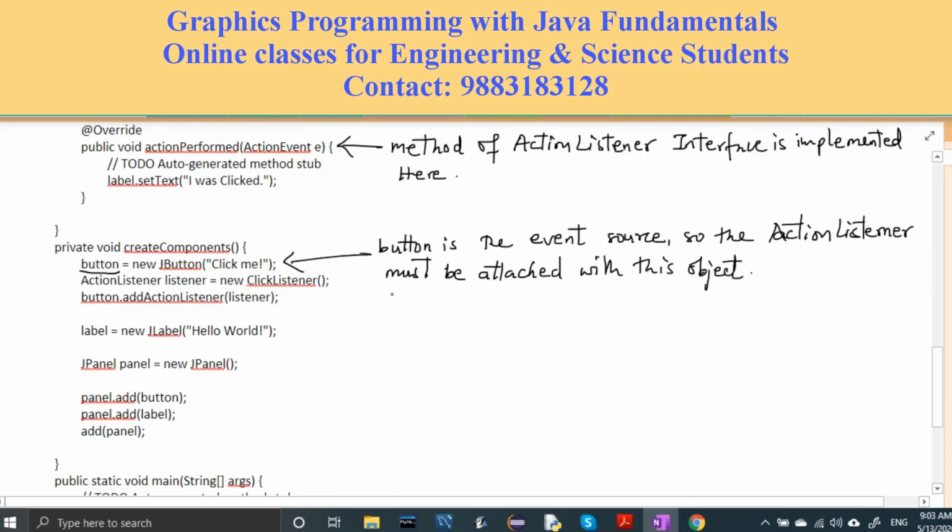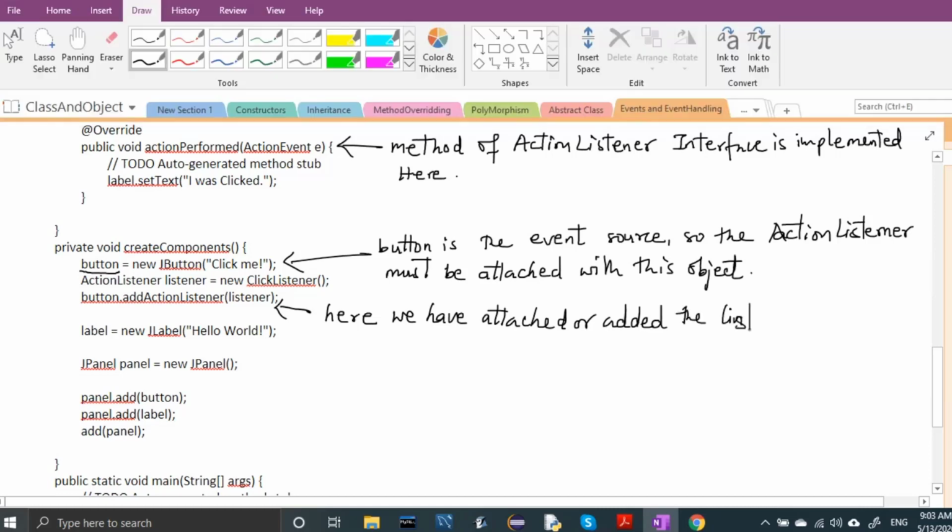That is why what I have done here is attach or add the listener.